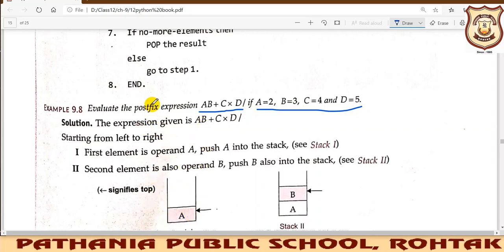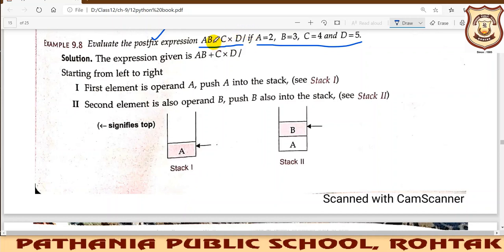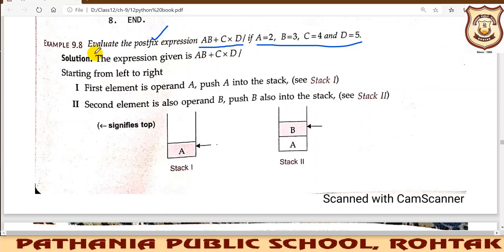Once you have the postfix expression with you, use the stack to evaluate it. The question can come in your exam also. The question can be in the form of converting infix to postfix, or it can be to evaluate the postfix expression. So you should start taking the operands or the operators one by one. Firstly we will scan the symbol A and put it into the stack, then again we will take another symbol, that is B, and put it on the stack.